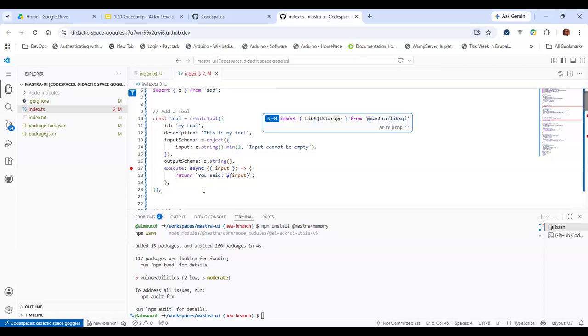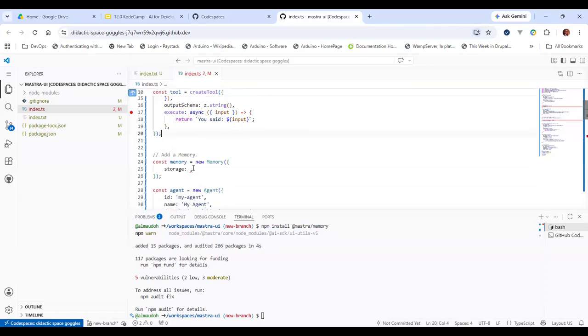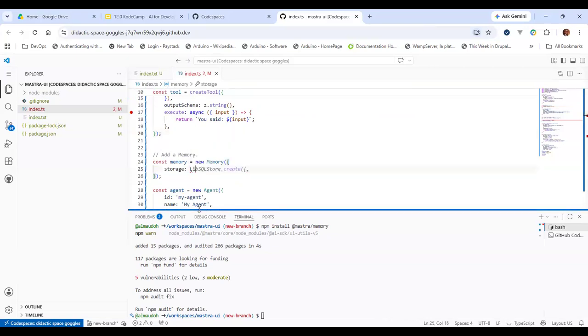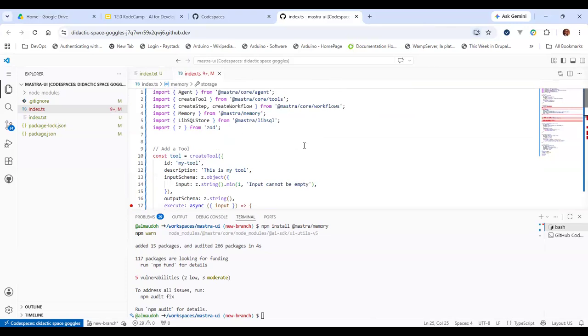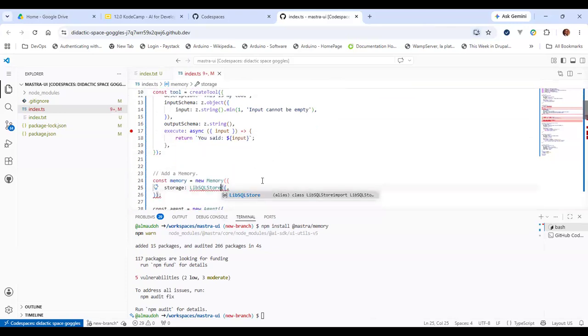The Copilot is just messing around with me, but that's just to show you how fast these things are changing, because Mastra is changing so fast. The Copilot is actually confused, it's left behind. It is old knowledge that the Copilot is giving to me, and so I have to be really careful not to go with it.